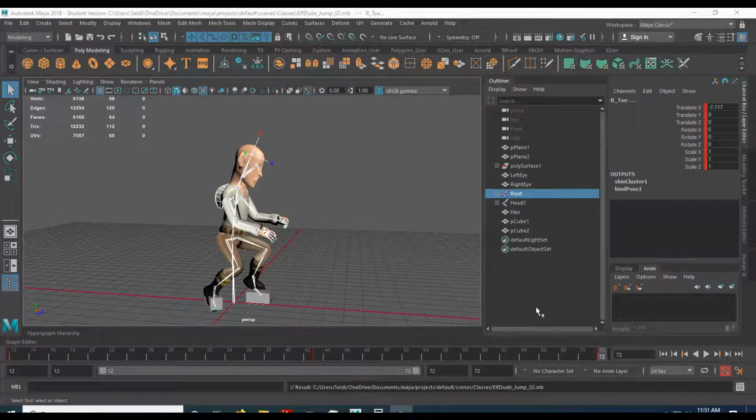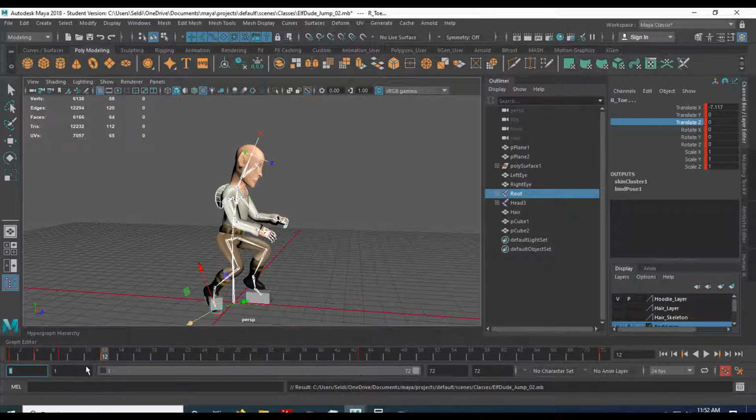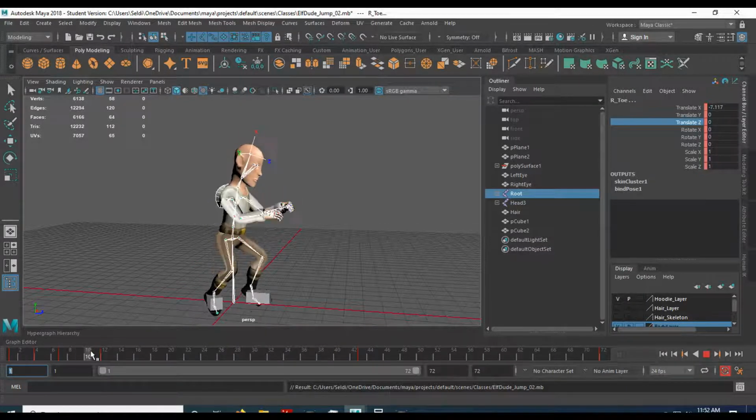In this one, we're going to go ahead and set up our landing animation for our elf. We're going to create a specific landing animation, but you actually don't have to. If I go back to frame 1 here, expand this back out, you can use your initial jumping animation as